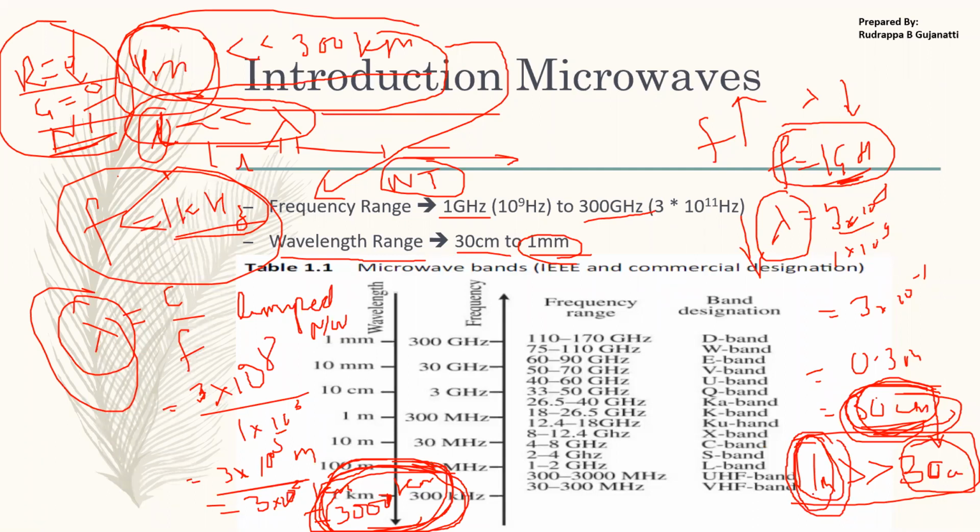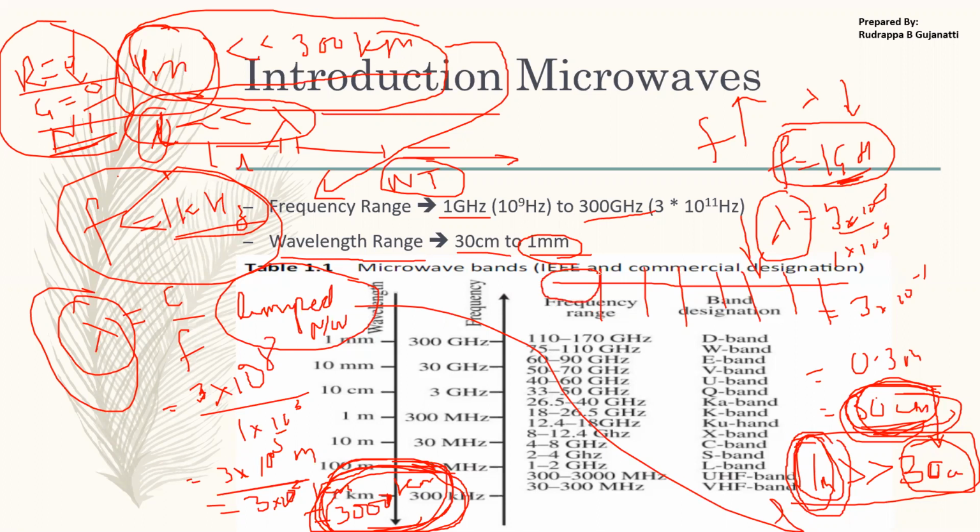So in this one, I directly cannot apply the lumped network theory. I cannot apply those concepts. But I can utilize them by doing what? By assuming that I have 1 meter, I divide this transmission line into multiple sections. At this point I can apply the lumped network concept, at this point I can apply the lumped network concept, and so on.